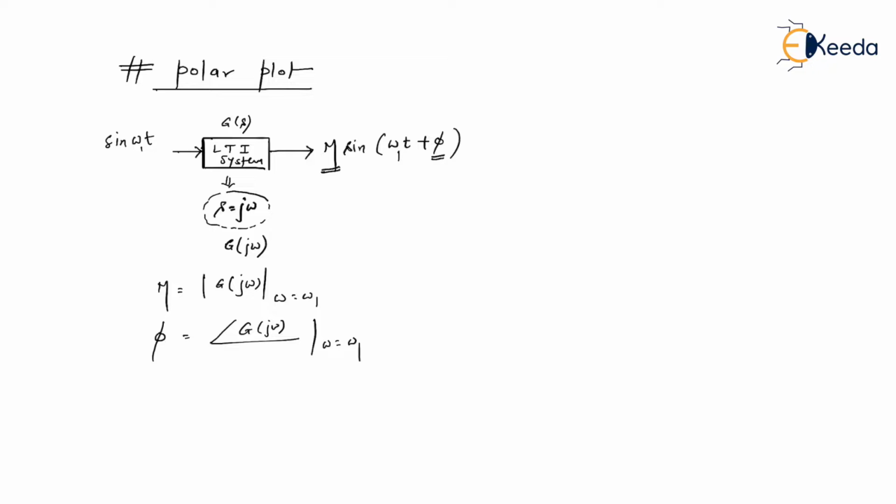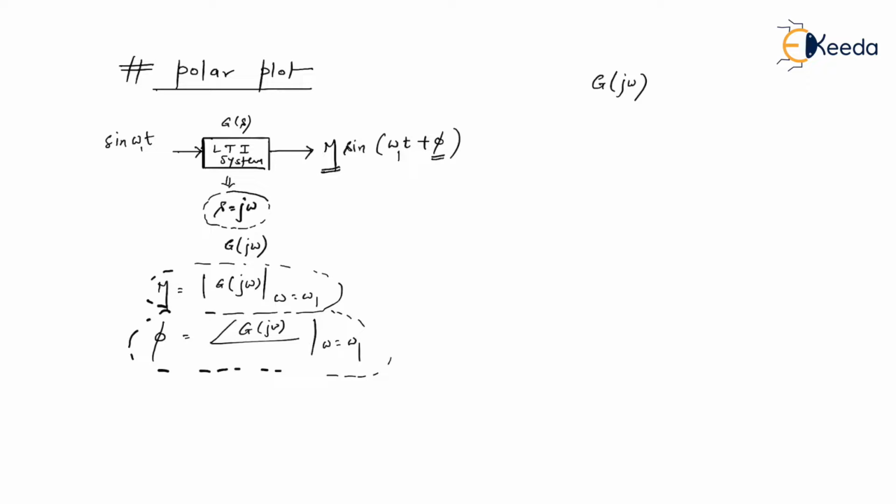So let us consider what is meant by polar plot. For example, I want the variation of g of j omega. Listen to me very carefully. I want the variation of g of j omega, obviously with respect to frequency. Then I can think of something called a polar plot. If I want the variation of the transfer function itself, because we are actually going to check the magnitude at a particular frequency omega 1, or the phase at omega equal to omega 1. But if I really want to see the behavior of the system when omega is changed from 0 to infinity, then I take the help of the polar plot.